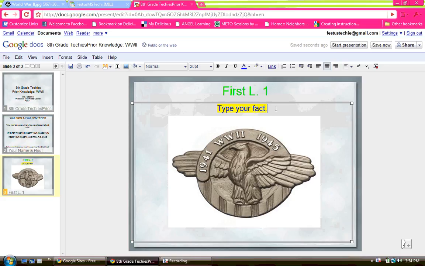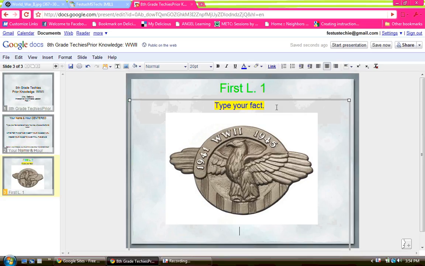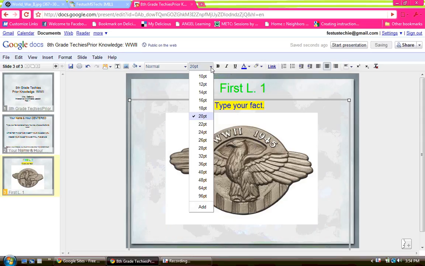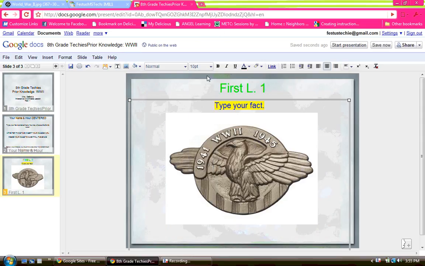Next, we're going to give a citation for the picture. So we have to go back into the text box, which is really kind of behind a layer of the image. So I'm going to go to the end of my fact and keep hitting enter until I see the cursor appear at the bottom. Then I want it to be in size 10, so I'm going to change the size. And we want it to be italicized. I have to make sure I see my cursor. And italicize it. And I'm going to type "image taken from,"